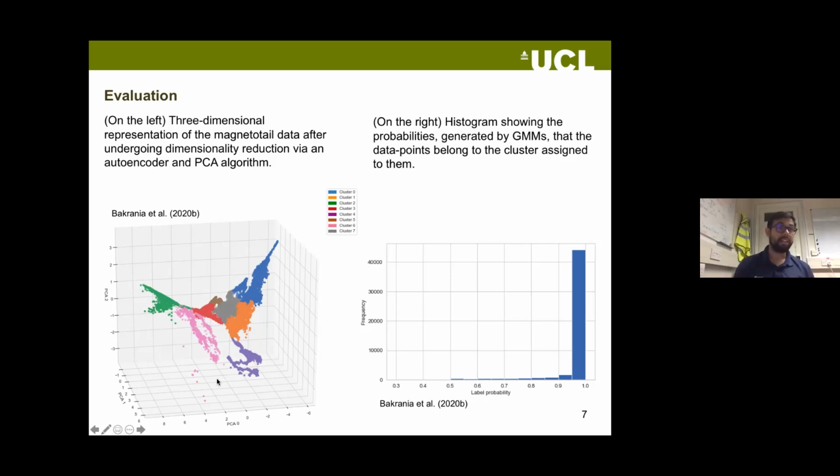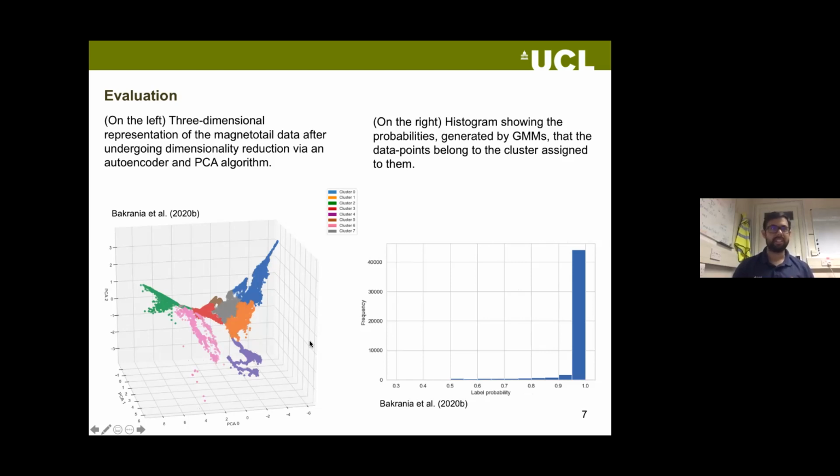And another thing later on is we do have a few distributions that are a lot further away. So these would represent outliers that we need to look into. We've also shown from the histograms, using Gaussian mixture models, that the probability of distributions belonging to a certain cluster is very high for most of these points, which assures us that the agglomerative clustering does seem to be working